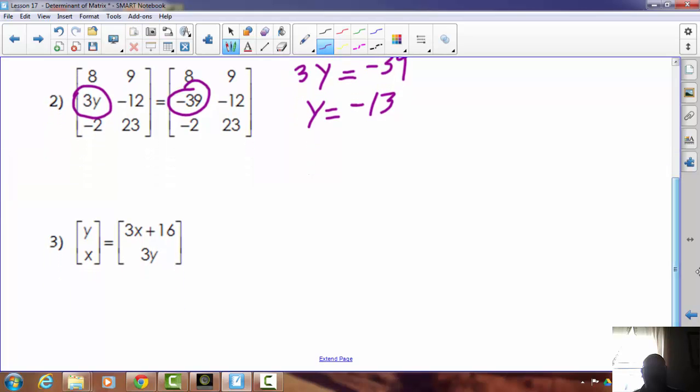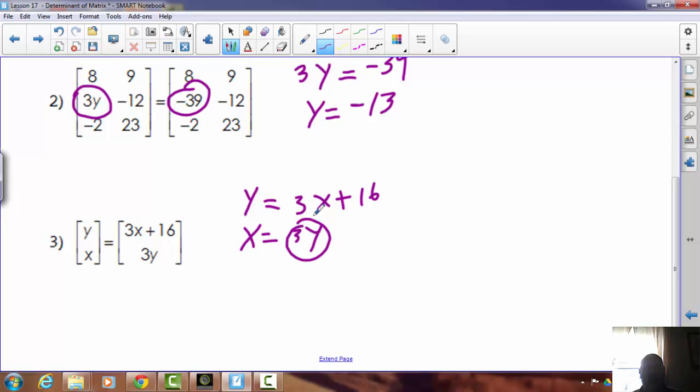If we look at these two matrices here, y, its corresponding position is there. So y equals 3x plus 16. If you look at z, its corresponding position in that matrix is 3y. So if we substitute this 3y for the x in that matrix, we'll do a solution by substitution. Y is equal to 3 times 3y minus